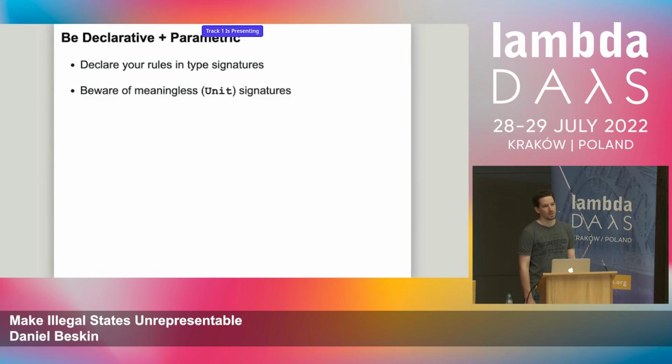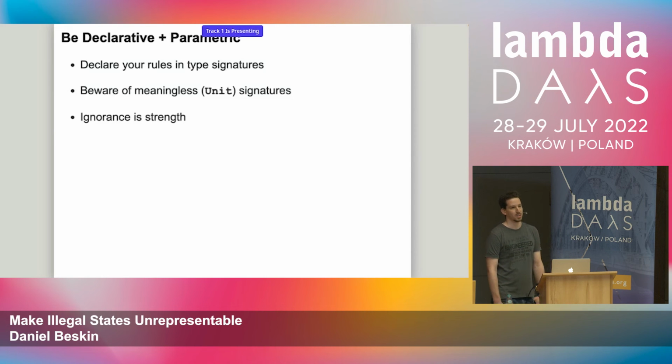And a good first step when trying to do things more declaratively is to figure out where you have those redundant units that don't communicate any information about what the function does, and then try to see how you can solve it. And by making everything parametric, our code becomes ignorant of the actual types that we use, which limits the number of possible illegal states that we can enter. So the less the code can do, the more we know about what it actually does. So ignorance is strength, like in the famous quote.